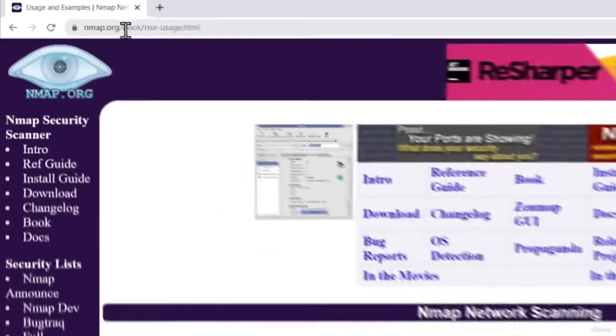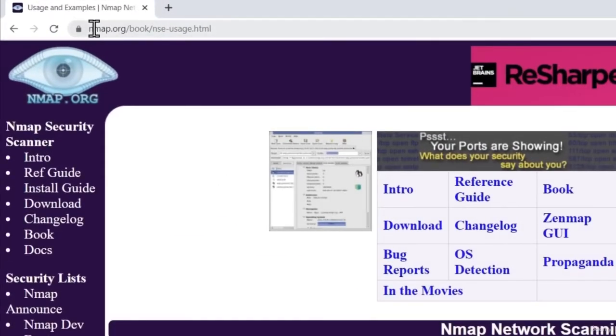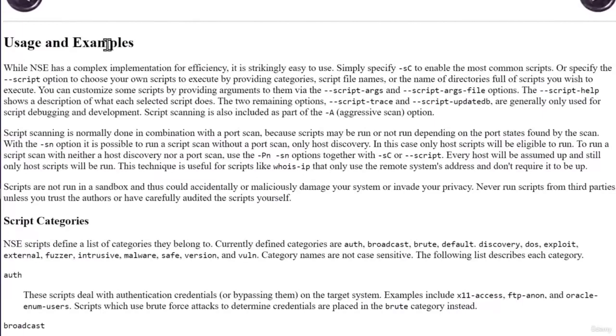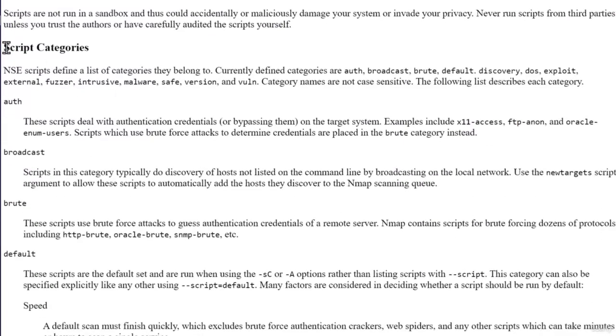This is the official Nmap page from the nmap.org link, and in /book/nseusage.html, it will give us a good explanation about script groups and the usage of Nmap. If I scroll all the way down, here is the usage and examples. We get different script categories, which are script groups. We can see right here that the currently defined categories are auth, broadcast, brute, default, discovery, and many more right here. And down here we can read about each and every one of them to see what each script group